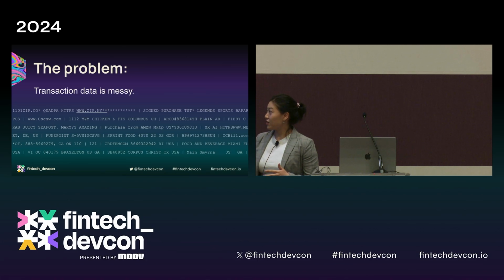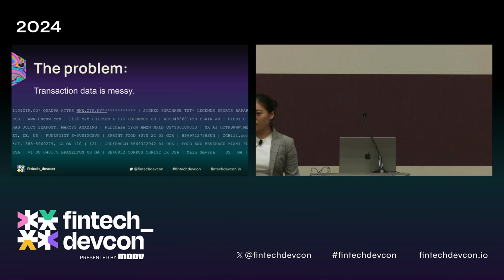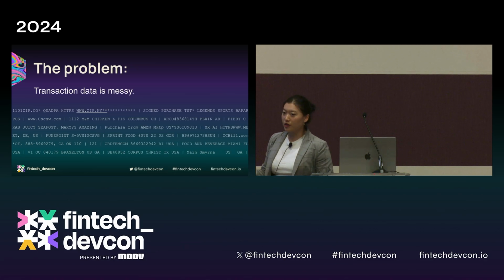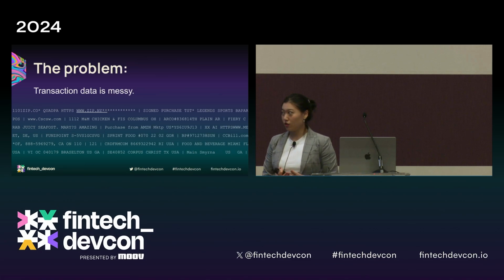As you can see here, it often shows up as jumbles of letters and numbers, with phone numbers in the city field, as you can see in one of the examples, and a bunch of missing information. As many of you know from trying to build a product on top of this data, your financial institution doesn't really know much more than you due to the poor quality of data getting sent over